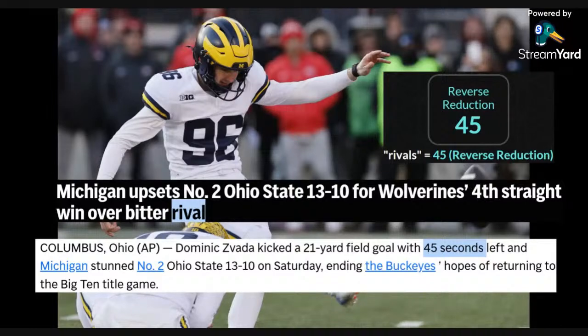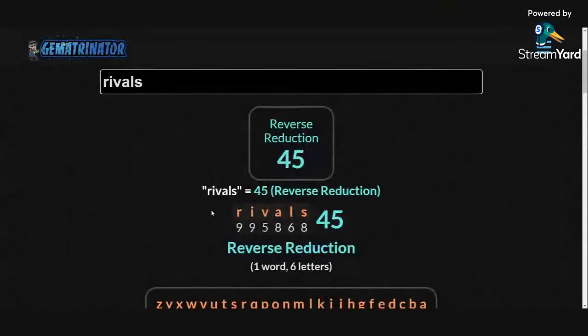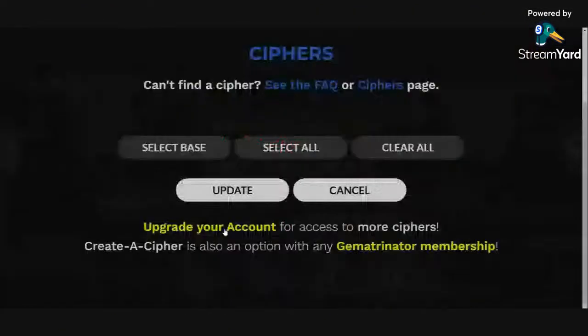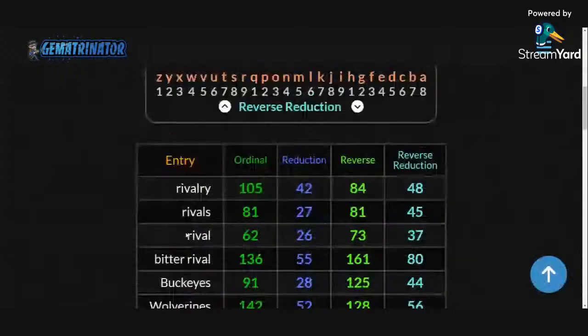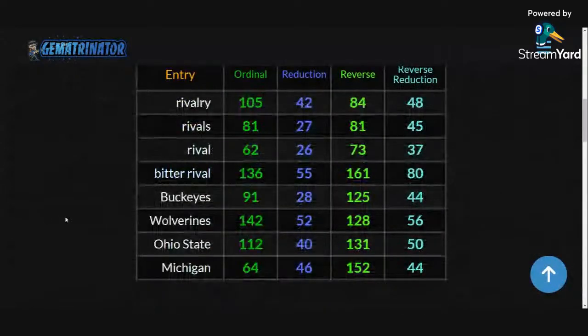Number 2 Ohio State gets upset, and it's the 4th straight win by Michigan over them. So you get a 24. Obviously, we're in the year 24. We want to probably add the score, which is 23 points, and they win by 3 points. And look at the 21-yard field goal. So let's just see as we look at the calculator if we get a 23 and a 21. And remember, we have to enter a little bit more, okay? So let's just see. Okay, so let's see if we have a 23 or 21.